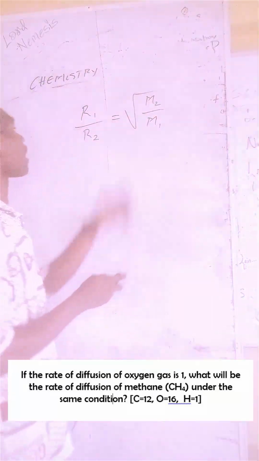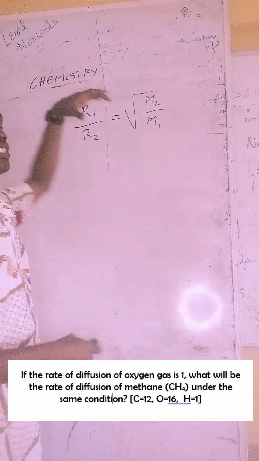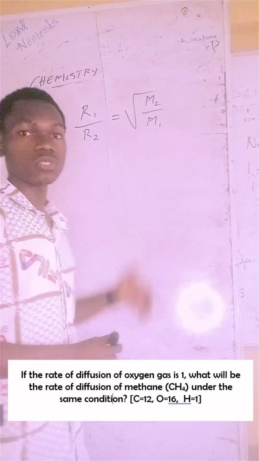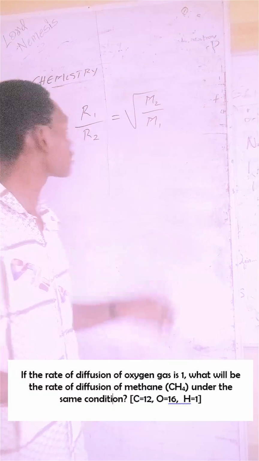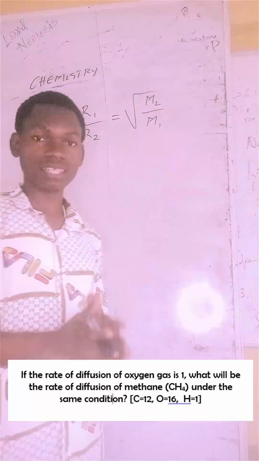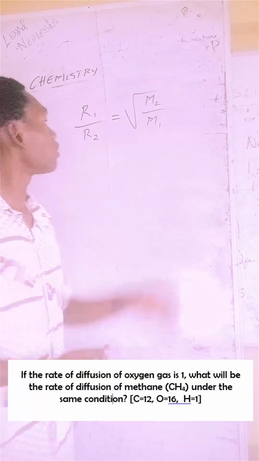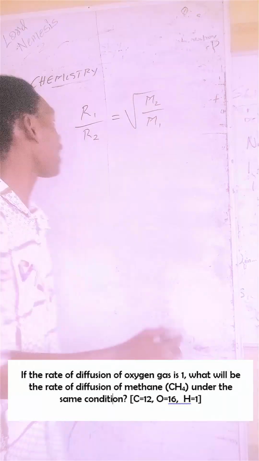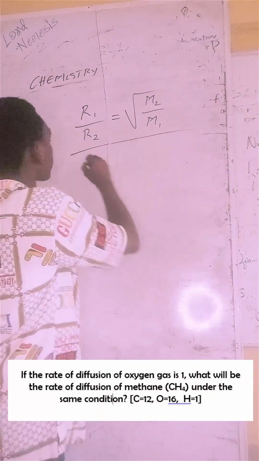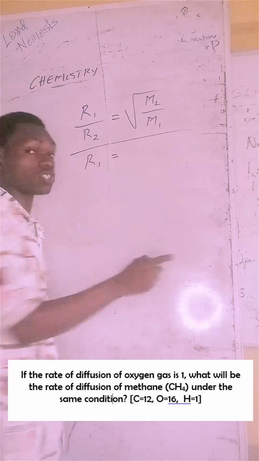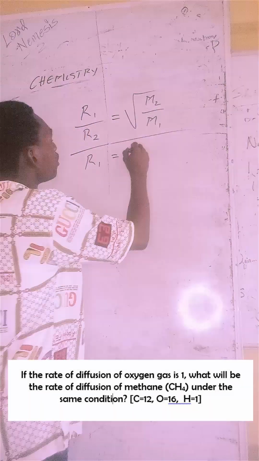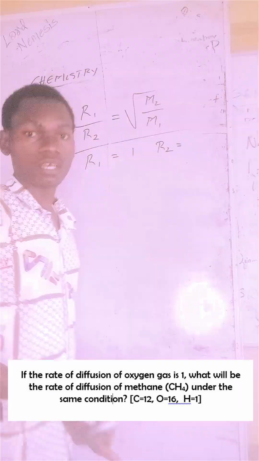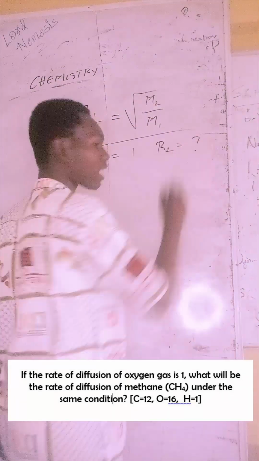Now, what do all these parameters mean? The R1 is the rate of diffusion of the first gas. The R2 is the rate of diffusion of the second gas. The M2 is the molar mass, or the weight, of the second gas, and the M1 is the weight of the first gas. Now let's define these parameters. We are told that the rate of the first gas, which is the oxygen gas that was mentioned to us, is 1. Now our R2, the rate of methane, which we don't know, question mark,